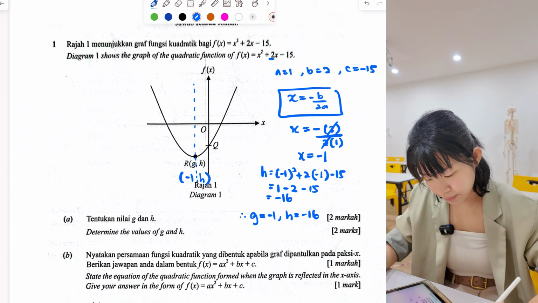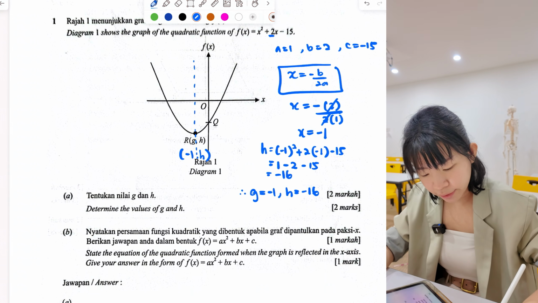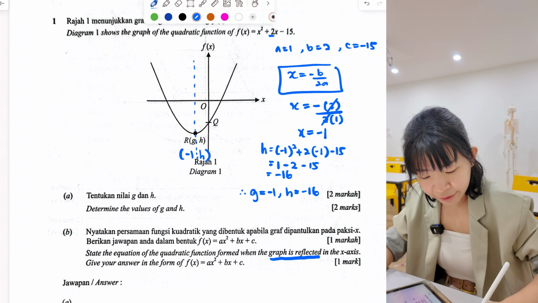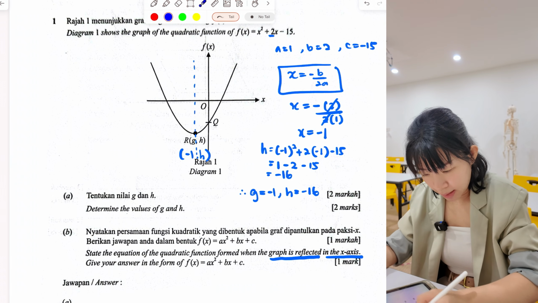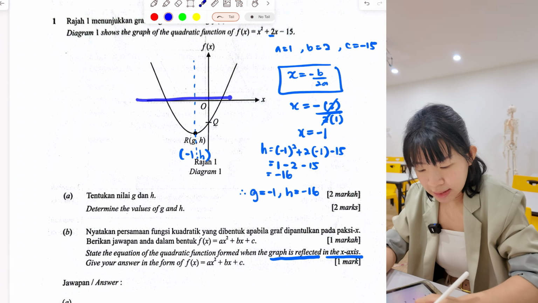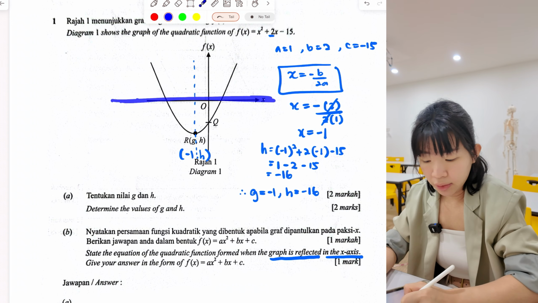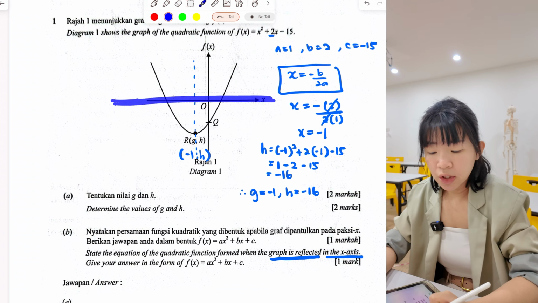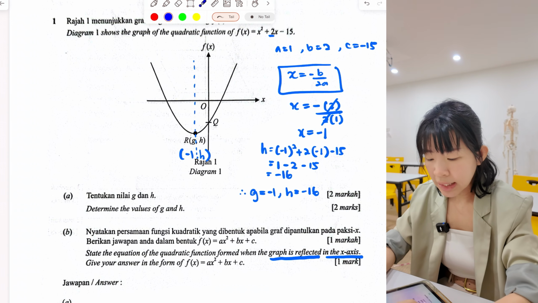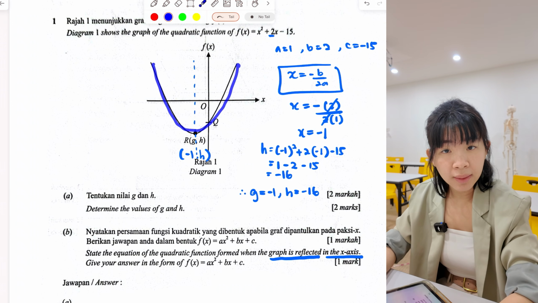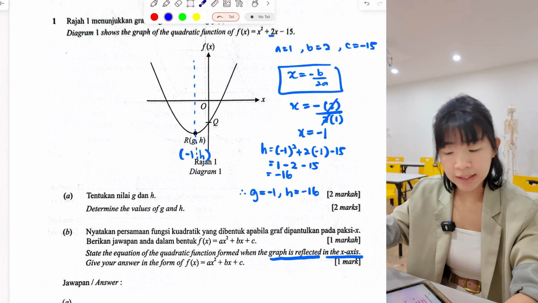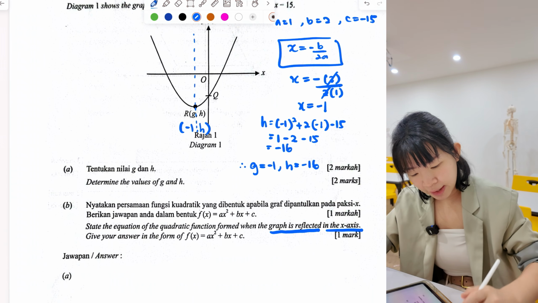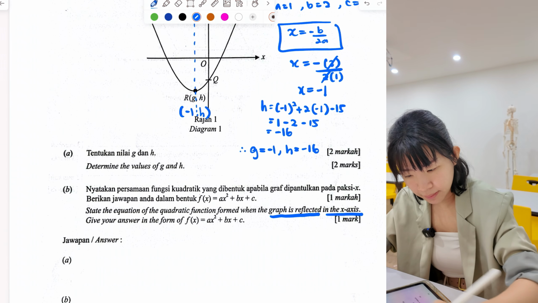Okay, let's look at B. State the equation of the quadratic function when the graph is reflected in the x-axis. The question means if this is the axis of reflection, the x-axis, the whole graph will become, now this will be a happy face. But when it is reflected, everything will become negative, terbalik. So the quadratic function at the end will become,